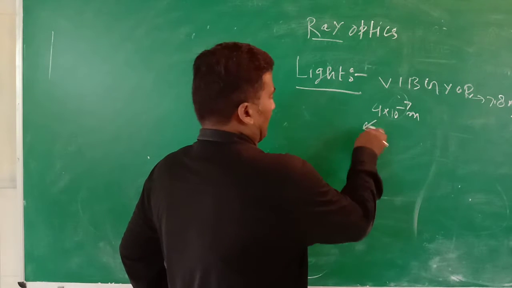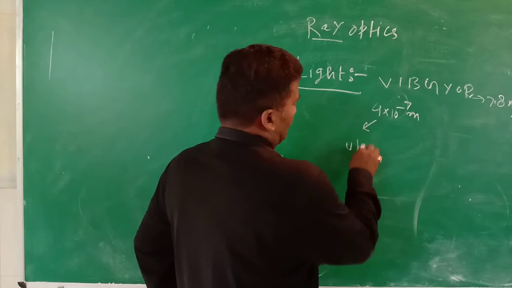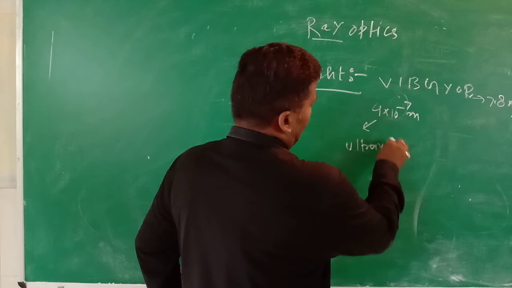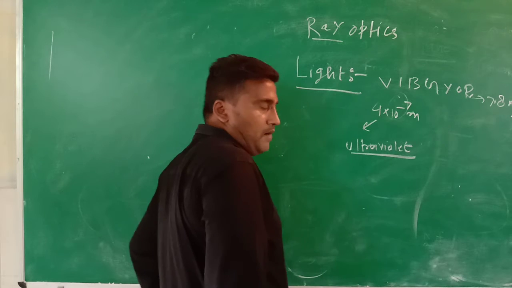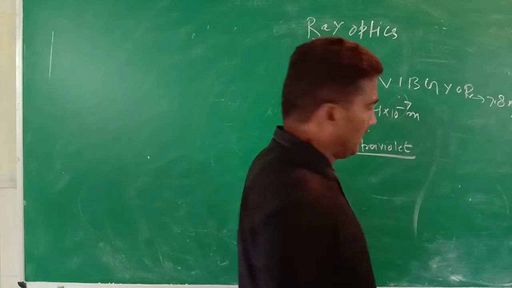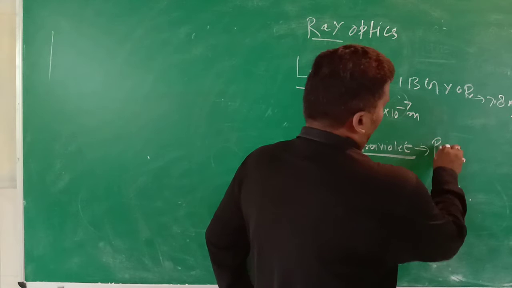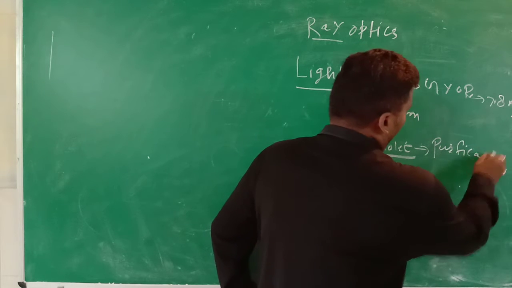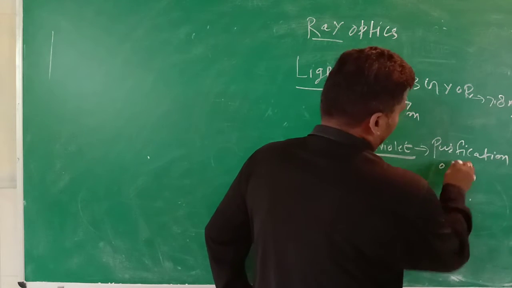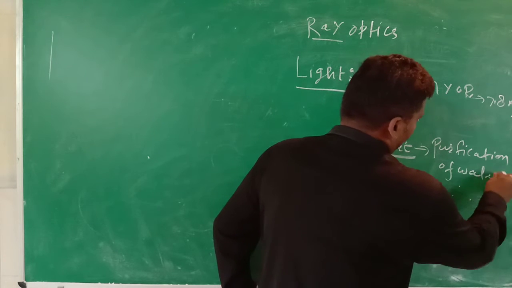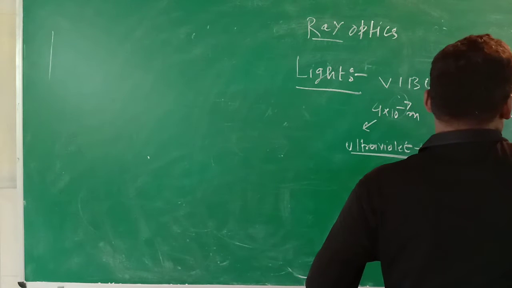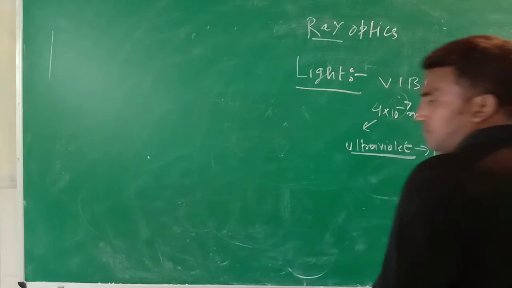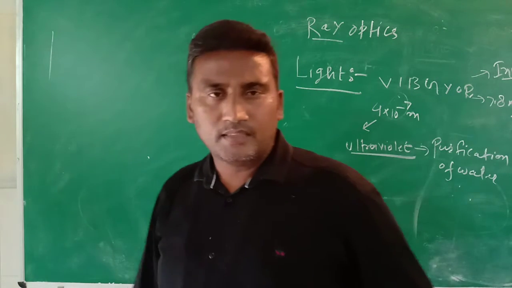Before the violet color is known as ultraviolet, and it is very harmful for our skin and can develop cancer, but it is also useful for the purification of water. After the red is known as the infrared, and it is generally useful for the remote and for killing of rats.